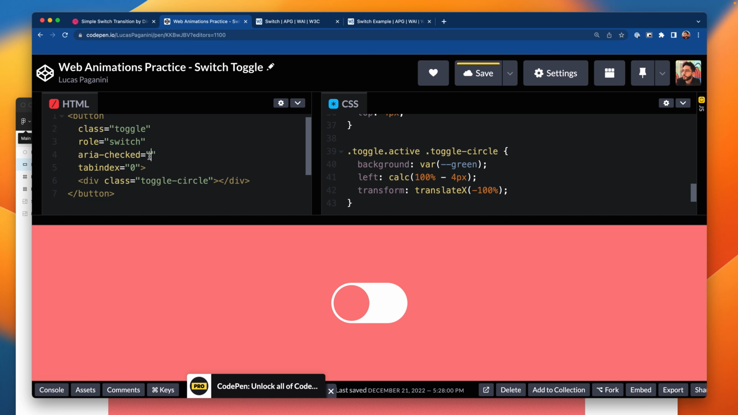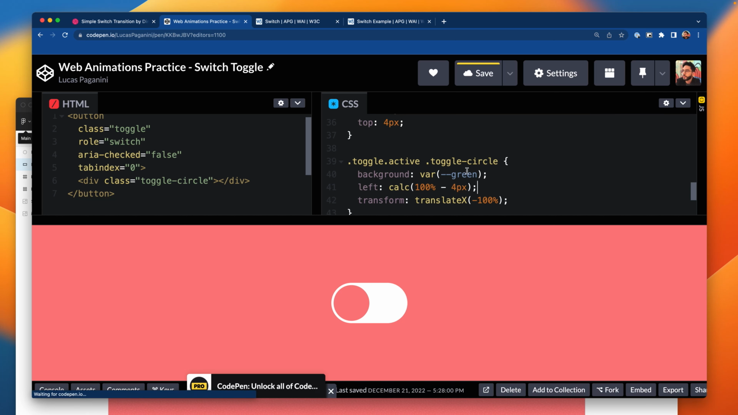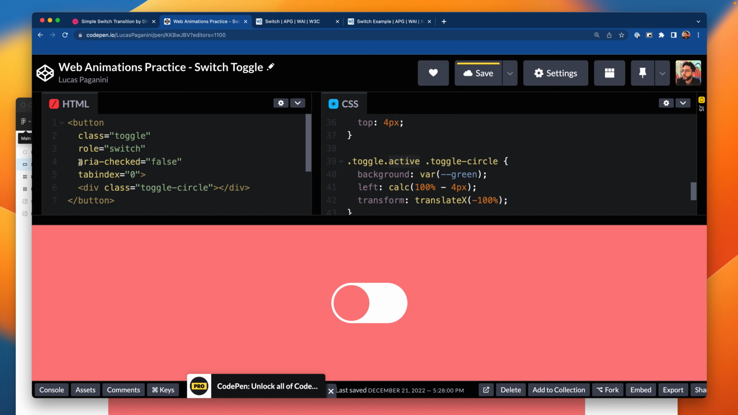And what they want us to do too is to use ARIA checked to define if the switch is active or not. So if ARIA checked is equal to false, then it's inactive. And if it is true, then it should be active. So instead of using the active class to indicate if the toggle is active or not, we're going to use this ARIA checked attribute here. So I'm just going to say that if toggle has ARIA checked equals true, then